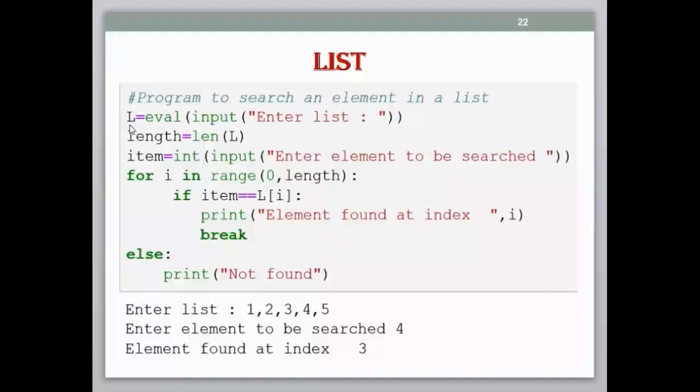Program to search an element in a list. यहाँ हमने क्या किया है, एक लिस्ट लिया है यूजर डिफाइंड. आप लेंथ के लिए एक वेरिएबल ले लीजिए. उसके बाद मैंने एक वेरिएबल लिया है आइटम, जिसमें हम वो एलिमेंट डालेंगे जिसे हम सर्च करना चाहते हैं. अब यहाँ पर आप लूप लगाइए, i in range 0, length if item is equals to li. तो यहाँ पर क्या करेंगे, हम लिस्ट के हर एलिमेंट के साथ में उस पर्टिकुलर आइटम को चेक करा कर